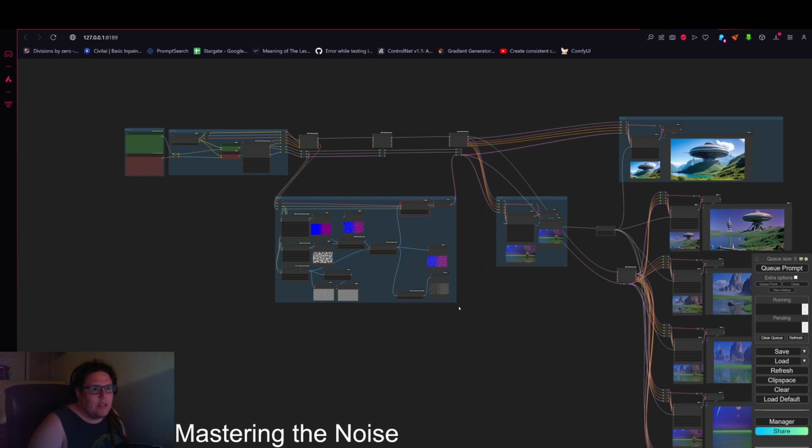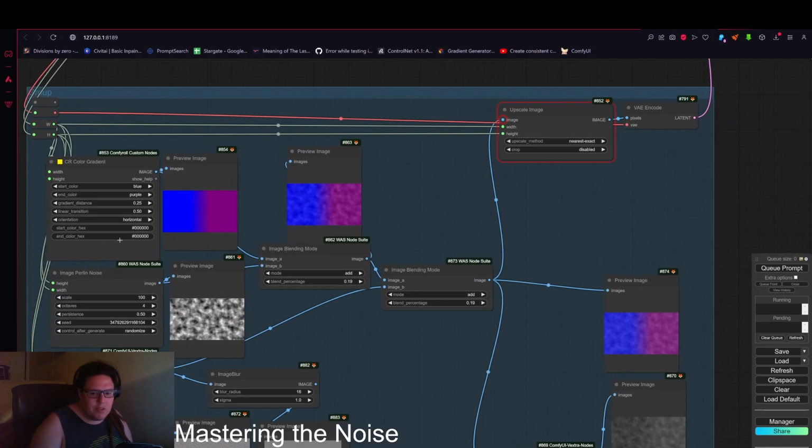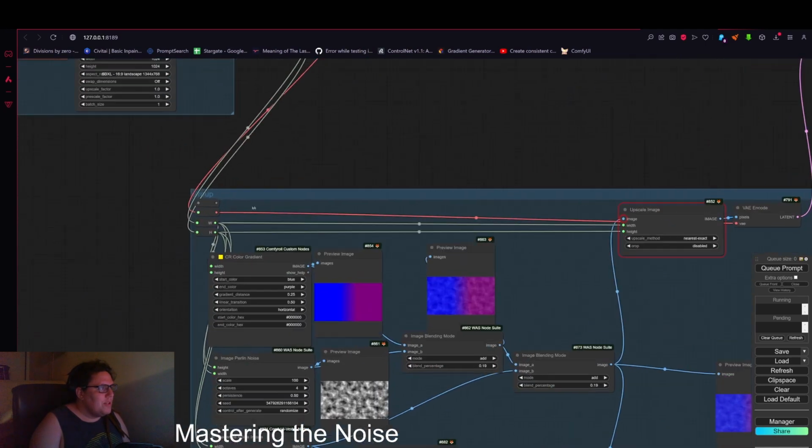So to color grade or add a certain kind of effect, you can add film effect, all kinds of stuff, because basically you're blending stuff using colors and source images into each other in here,